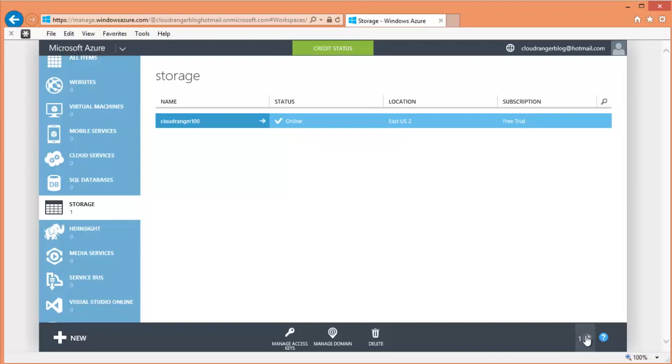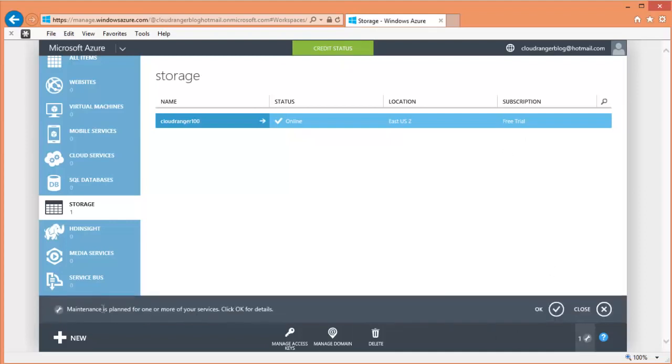As you can see, there is another notification here. It says that maintenance is planned for one or more of your services. So that's another thing Azure does: it notifies you if you have some service running where maintenance is planned. It will show you, obviously, if you have redundancy in place, which we will show in subsequent